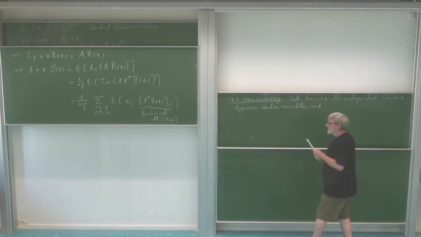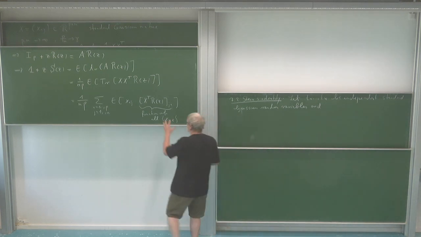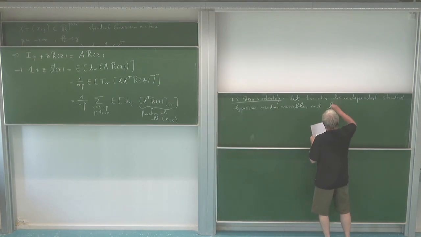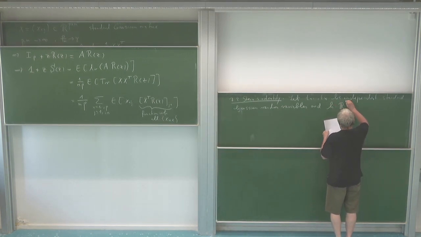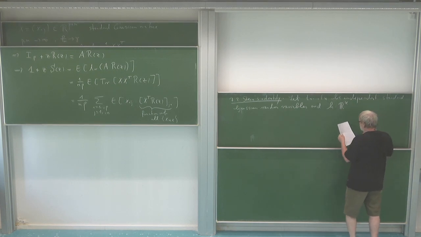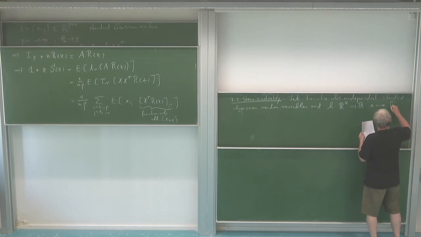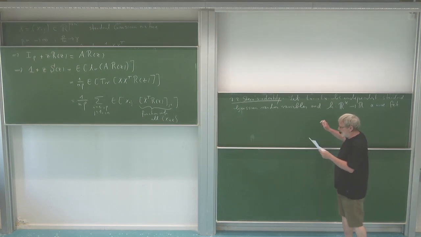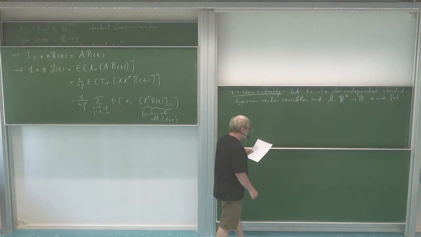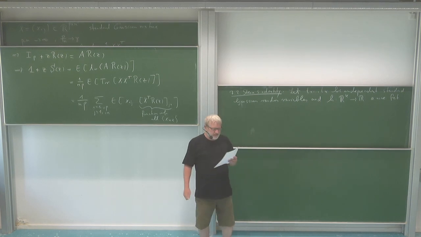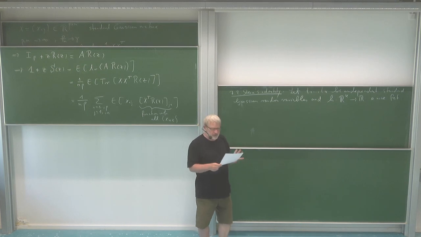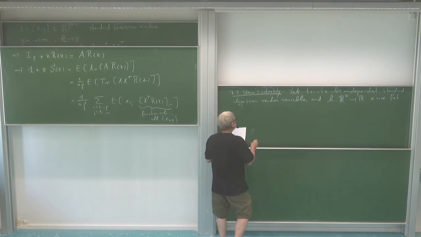Okay, and then I consider a function. In our case, this would be this function. Let me just call it h. So it's a function where I can plug in all my variables. So I have k of them in this case. So it's from R^k to R. So this should be a nice function. And this essentially means that what I write down in the following should make sense. So, for example, it should be a continuously differentiable function such that partial derivatives are of polynomial growth.